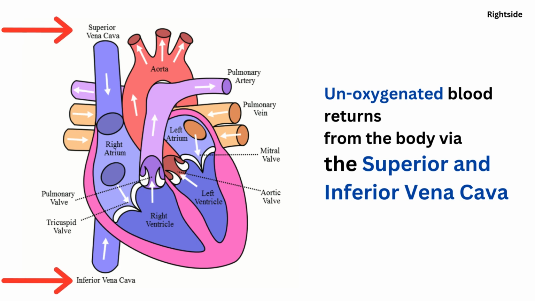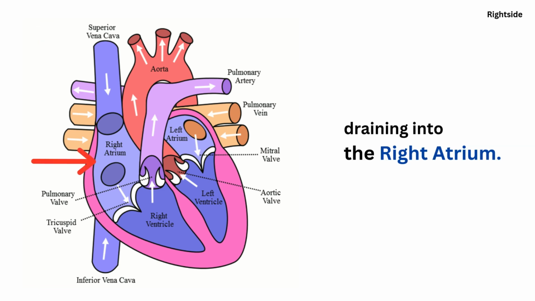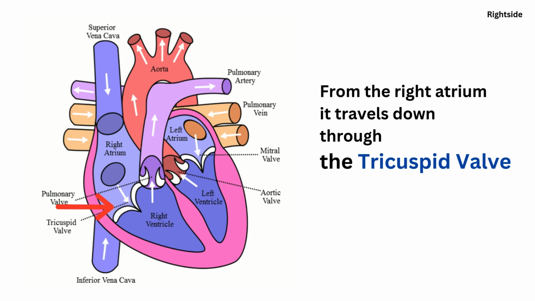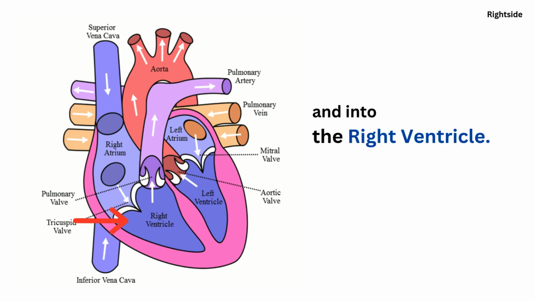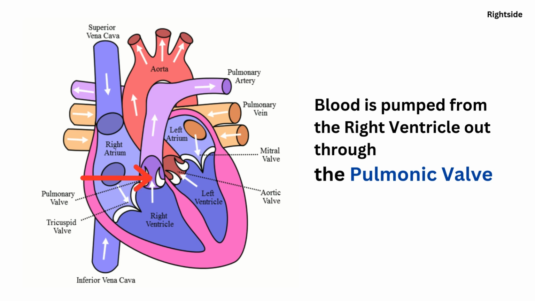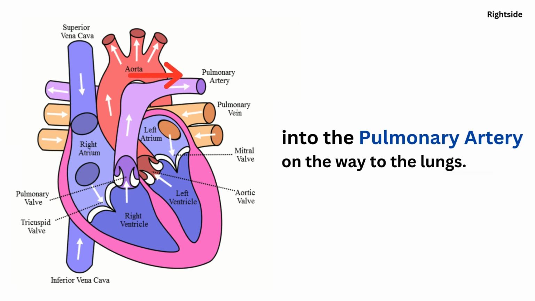Unoxygenated blood returns from the body via the superior and inferior vena cava, draining into the right atrium. From the right atrium, it travels down through the tricuspid valve and into the right ventricle. Blood is pumped from the right ventricle out through the pulmonic valve into the pulmonary artery on the way to